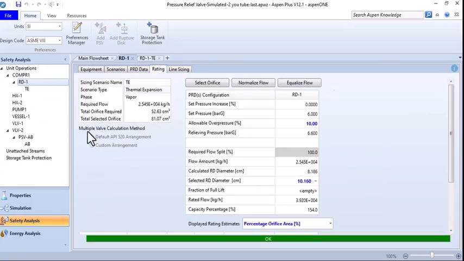In this window, you can see the sizing scenario name, scenario type, and phase. Required flow is here, 2.5 kilogram per hour. It is required flow, not rated flow. Total orifice required and total selected orifice area are shown here. Also in this window, you can see the PRD's configuration: set pressure 6 bar gauge, allowable overpressure 10%, and relieving pressure 6.6 bar gauge. In this part, you can see the required split as a percentage,